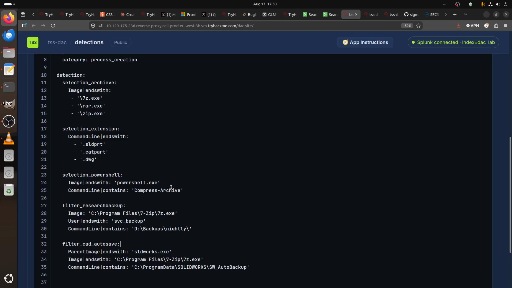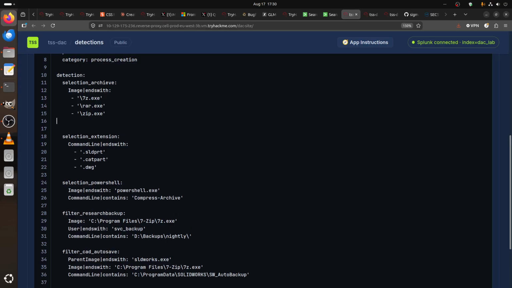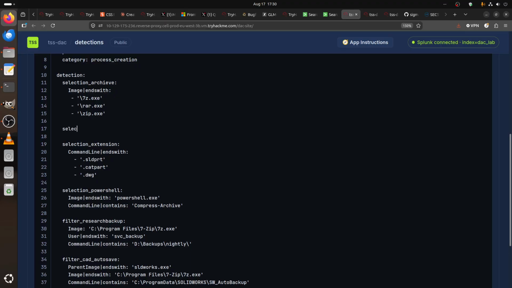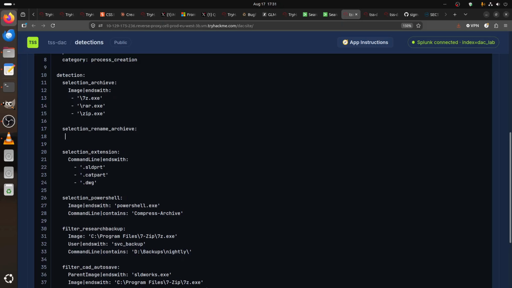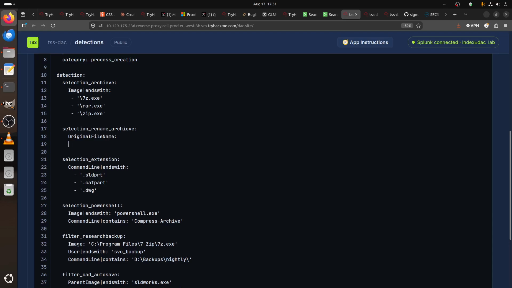You think they're doing that selection rename archives? That's the issue here. We can add that little trick, selection rename, for example, the archive. And here this one is straightforward. I think we just need the original file name, because in case it's renamed, so we can do